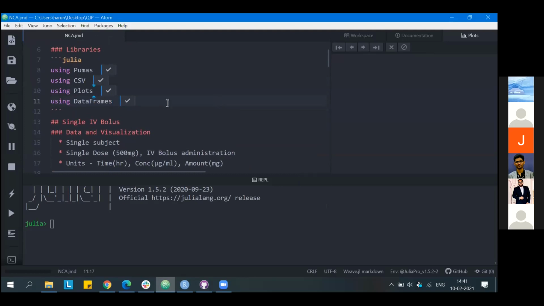So these are the necessary packages with which we'll be working, based on the analysis we'll be performing. In this case, it's just NCA, so we need not take care of any additional packages or additional things. We are using only 4 packages. For complex modeling, like population pharmacokinetic models and physiology-based pharmacokinetic models, we'll have even more packages, and even more complex packages will be required to perform the analysis.